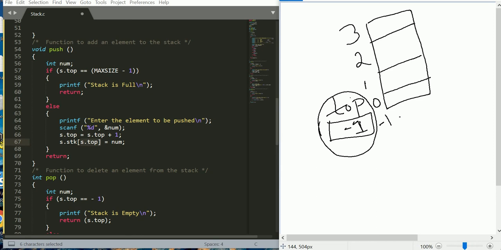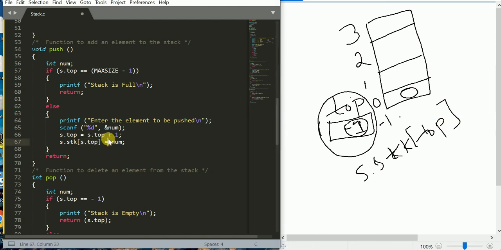If you just use s dot top, then that value will be inserted here. But where we want to insert is actually in the stack. That is why we write s dot stack of s dot top. That is why we mention it this way. I hope that is clear.